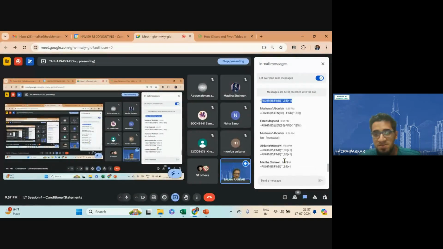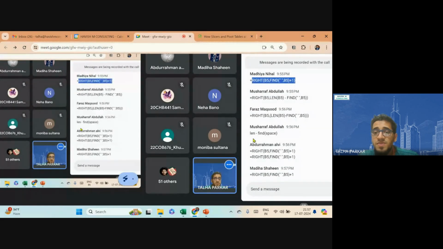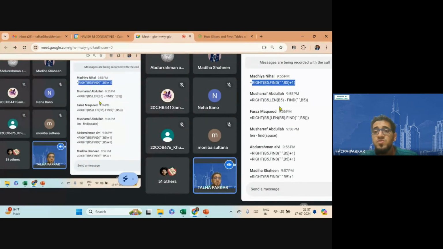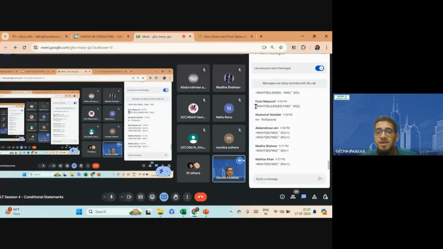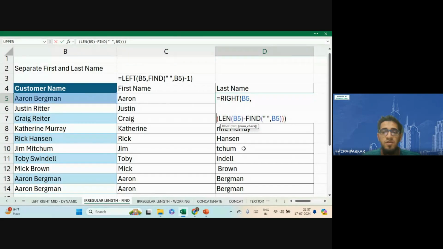So the answer which is given by len minus find, this is Musharraf and Faraz. The answer is correct. I'll just tell you why it is correct. फॉर्मूला को दो लाइन में ब्रेक करने के लिए ऑल्ट एंटर दबाना है। तो सबसे पहले क्या करना है हमें, हमें लेंथ निकालना है पूरे टेक्स्ट स्ट्रिंग का।